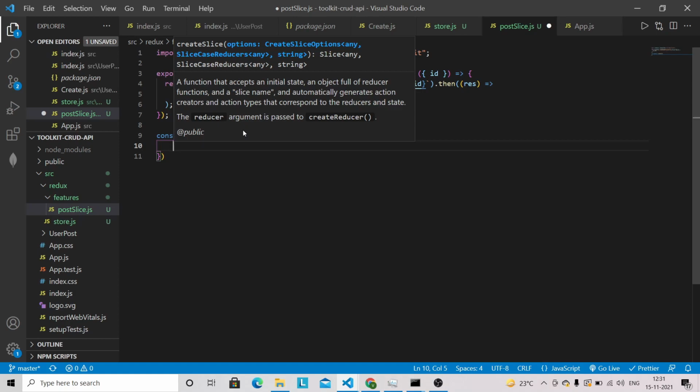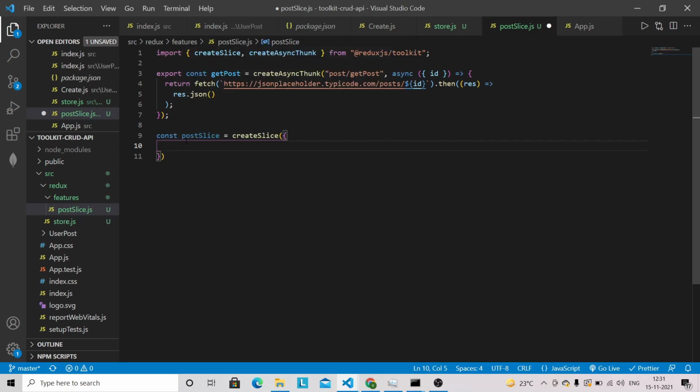That's why with Redux Toolkit we don't have to create a separate file for actions and action types, because it generates everything automatically for us. That's why Redux Toolkit is very cool.